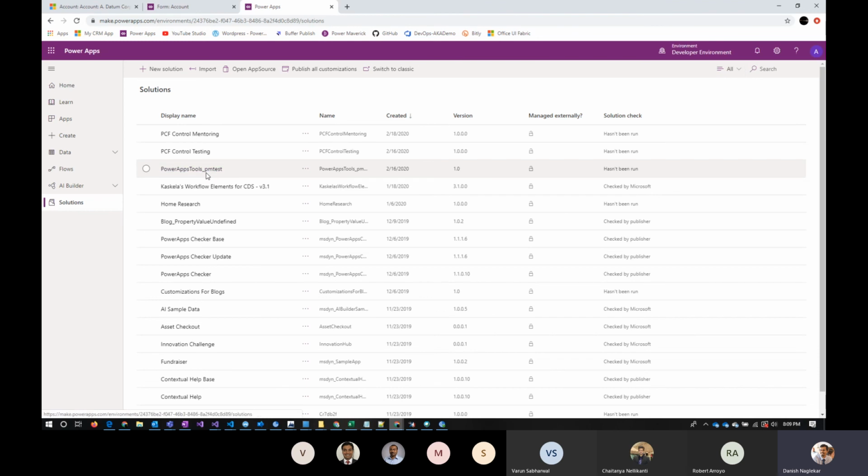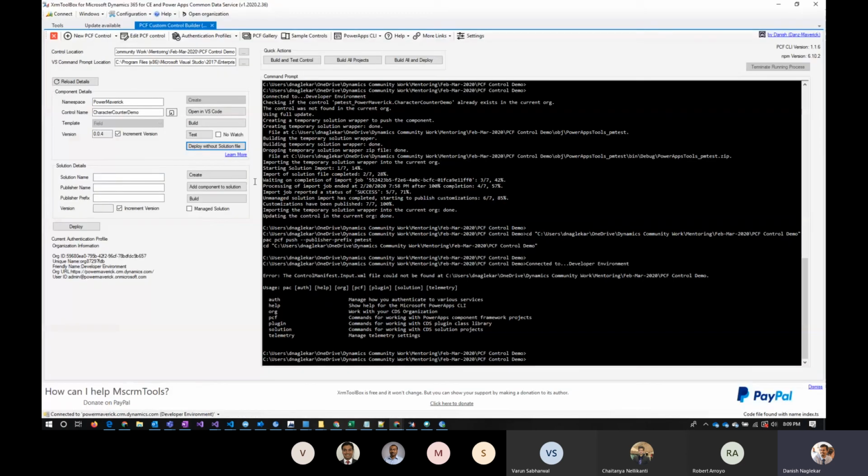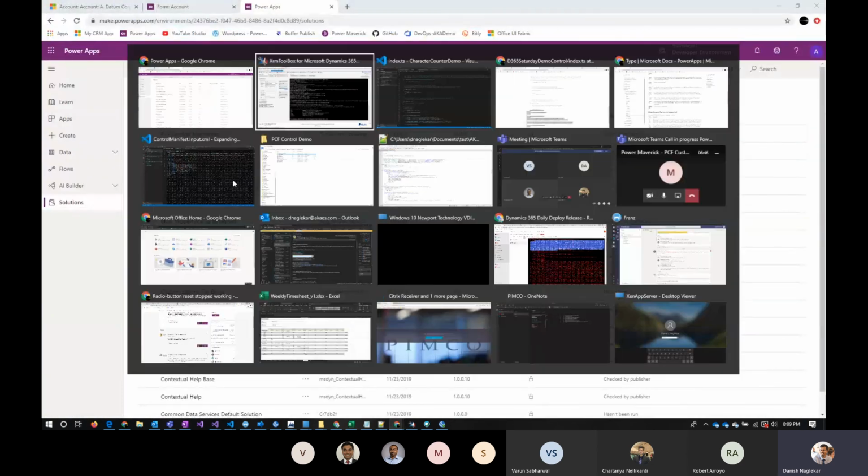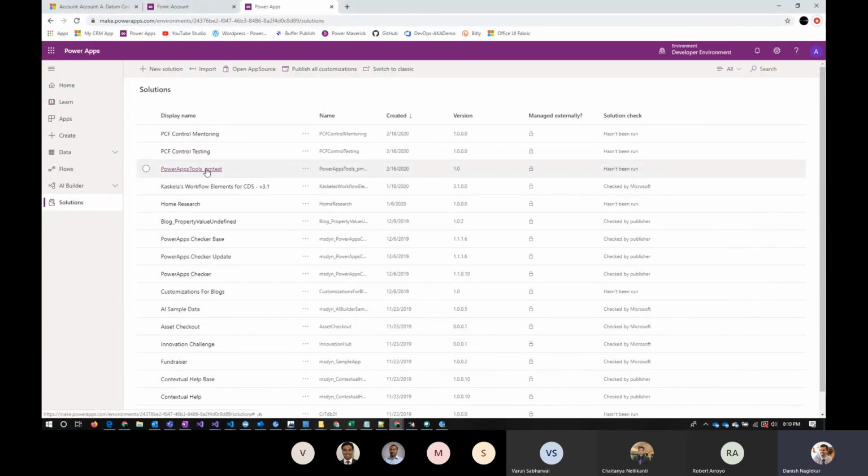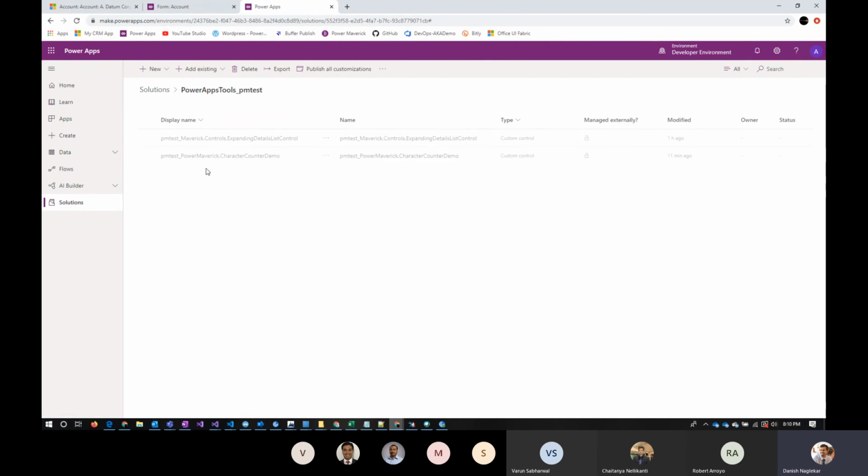I've deployed it without solution, remember? So I've selected this deploy without solution file. Whenever I'm deploying without solution file, it does create a temporary solution. Now in this, because it's an unmanaged solution and these controls are unmanaged, deleting the solution won't remove it from